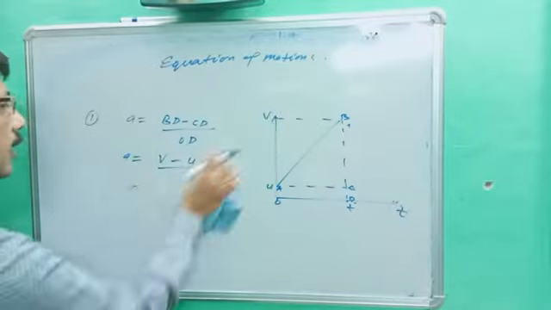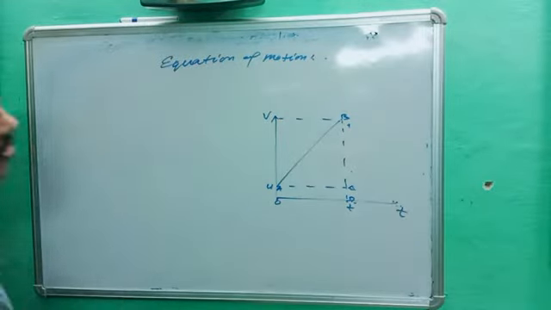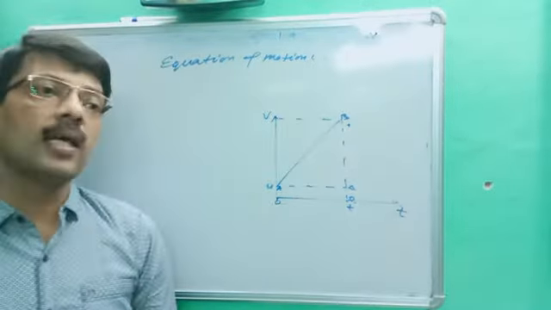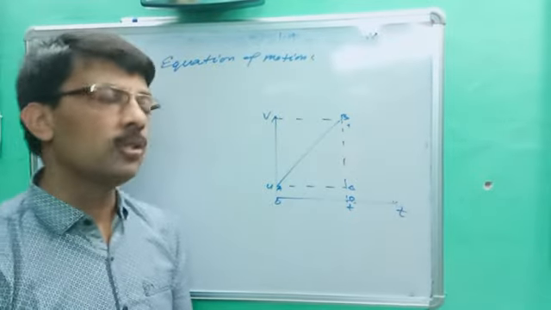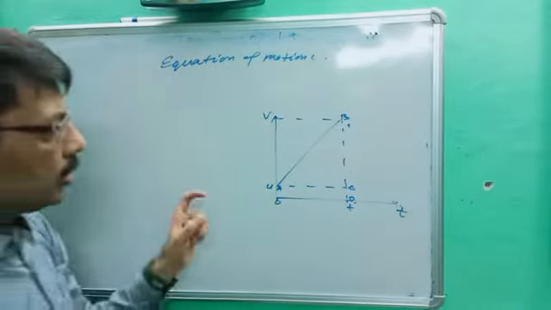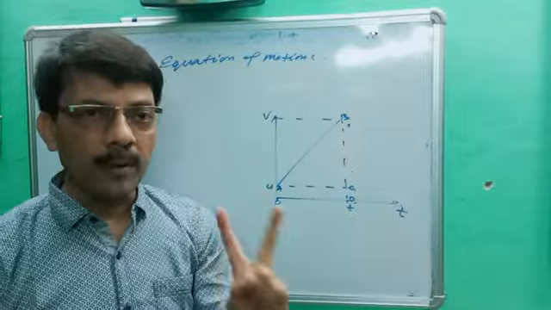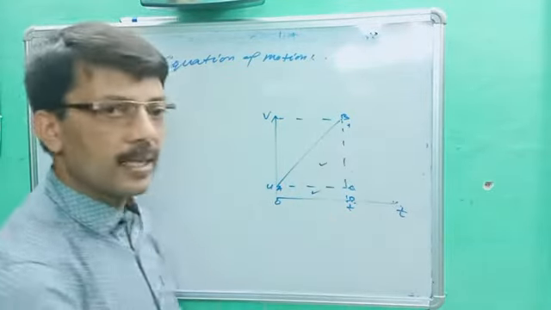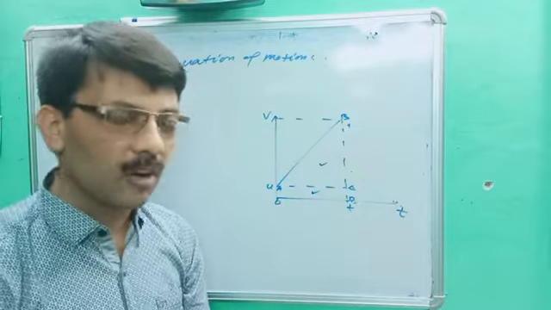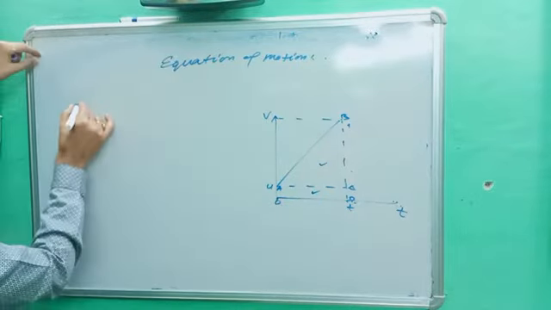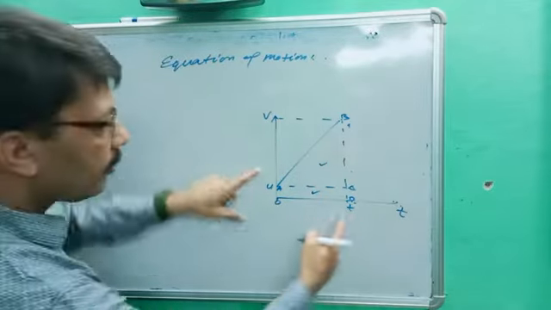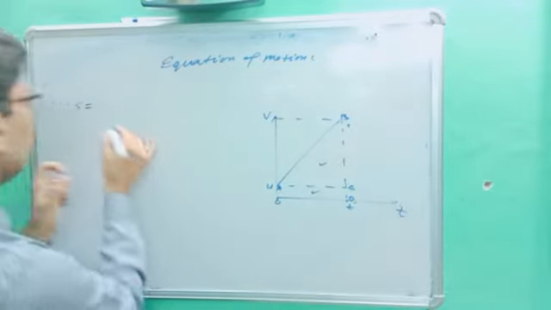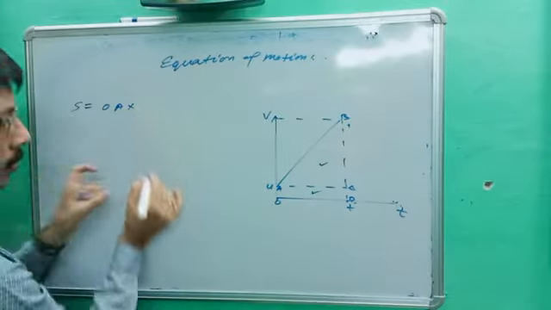Second, distance. For a velocity time graph, if you find the area, you can get the distance. So what is the area of that graph? You can see its area is divided into 2 parts according to your geometry or mathematics. This is a triangle and this is a rectangle. You better know the triangle and rectangle formulas for area. So we get distance S equal to the area of that. So what is the area of that? It becomes OA. You better know.